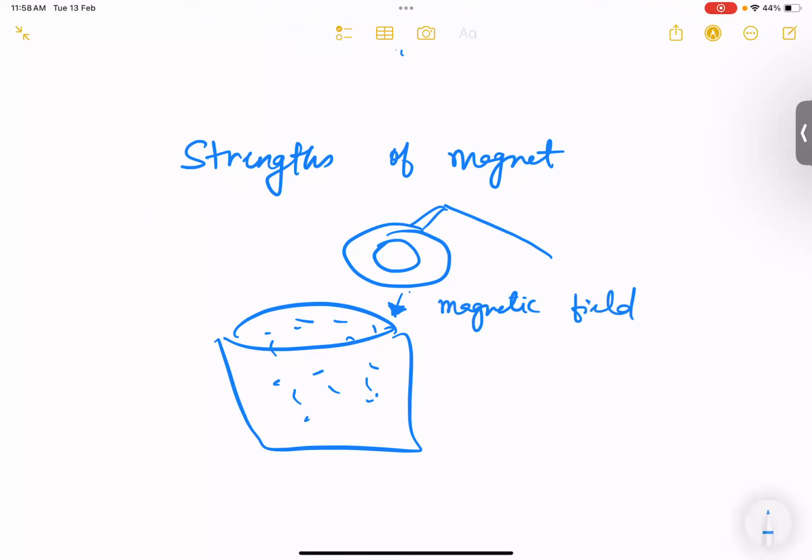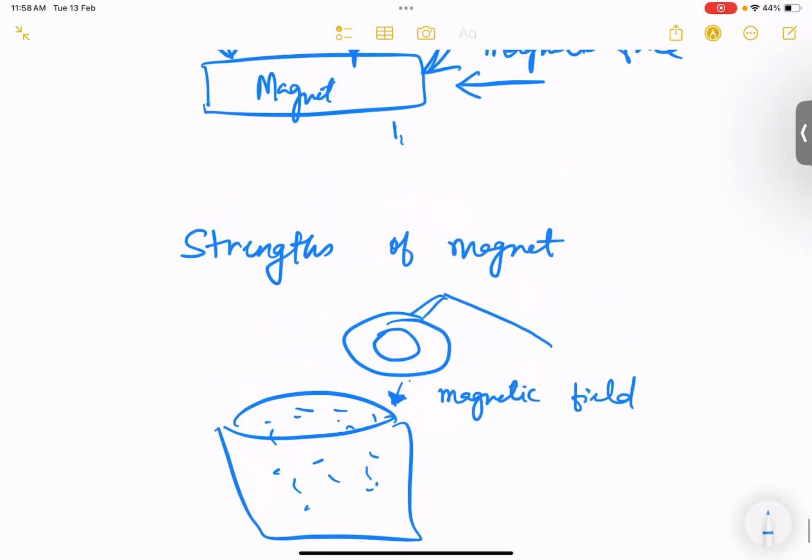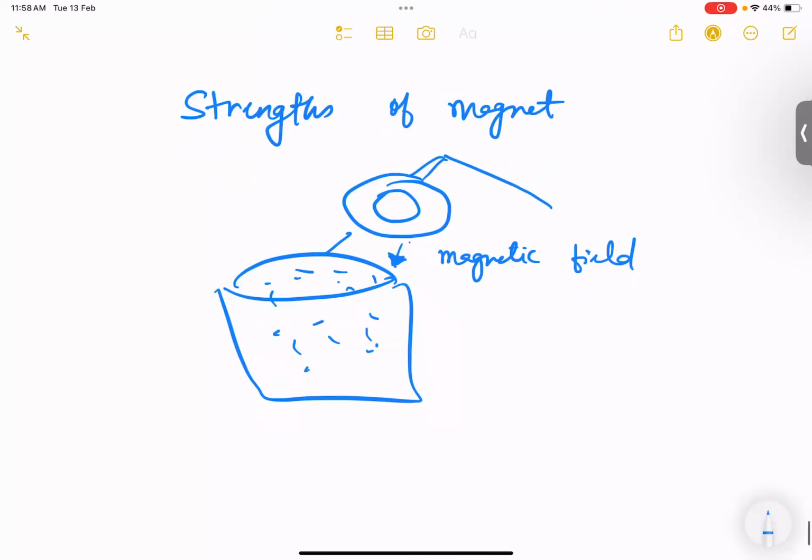If it is kept far away, the magnetic field is a little away from the material and it may not attract it. So as soon as these materials come in contact with the magnetic field, they get attracted, stuck to the magnet. And whichever items are left behind,